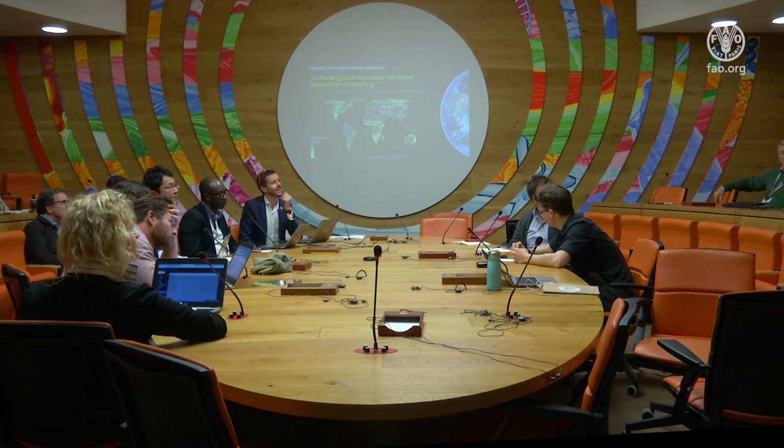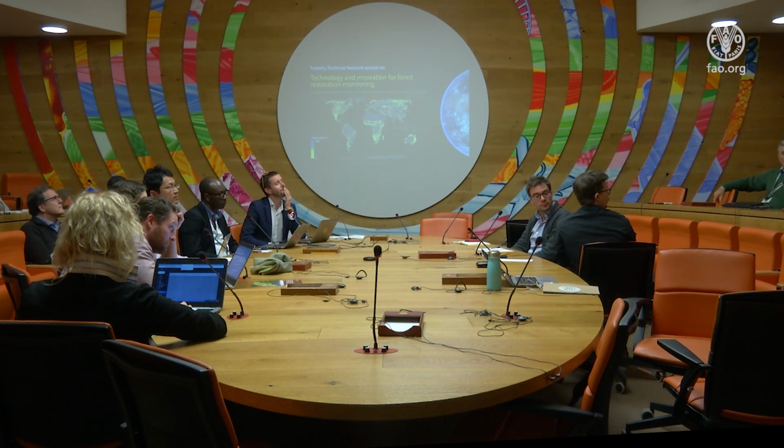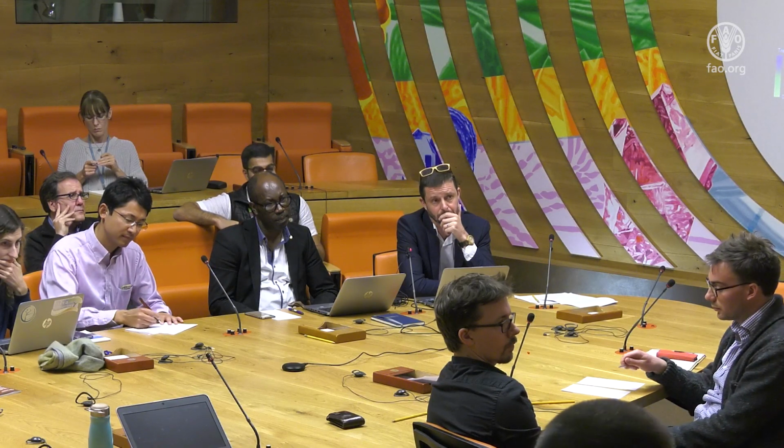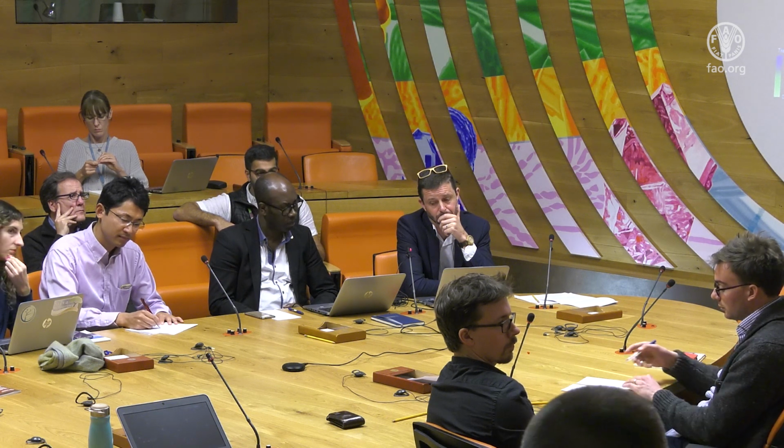Yes, a comment and a question. Under the Restoration Initiative program we are implementing with IUCN and UN Environment, Kenya is one of the countries. I want to ask, how easy is it now to get this global restoration map available for the country? Do we have to do the whole data analysis again, or can we just extrapolate? And is it a fast process? Kenya is now developing a first landscape restoration action plan, which will be quite useful to have this data. And a comment: IUCN is working on a new analysis of restoration potential and biodiversity for flagship species, to see where the hotspots are for restoration and which species will be used. Are you linking up with that, maybe for biodiversity potential?